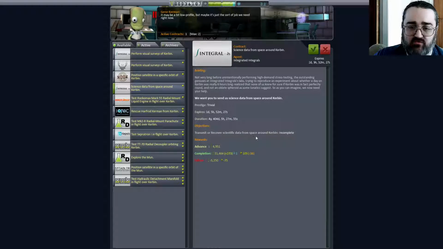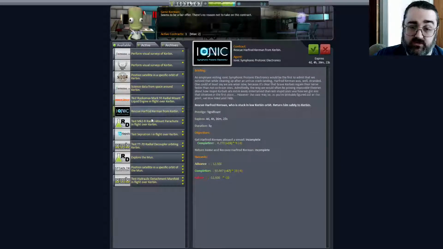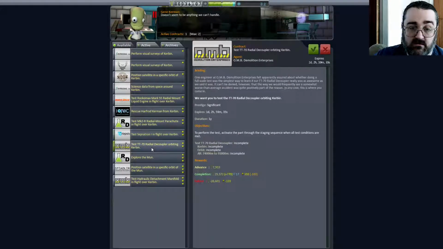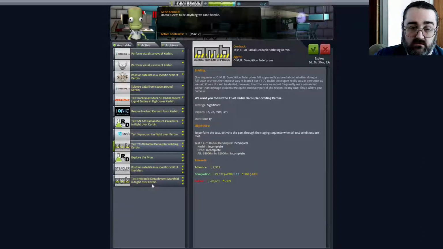Transmit or recover data from space around Kerbin. What defines space around Kerbin, I ask myself. That's piddly amounts of money. There's a rescue mission, which I kind of want to do, but I don't think I can. That's worth a piddling amount of money. Test a radial decoupler orbiting around Kerbin. Quite a lot of money, nearly enough to pay for the upgrade. And that's not too bad. That should be relatively easy, in fact, that one. So I can do an orbit, and then I just need to test the radial decoupler. It doesn't even need to do anything, it just needs to...